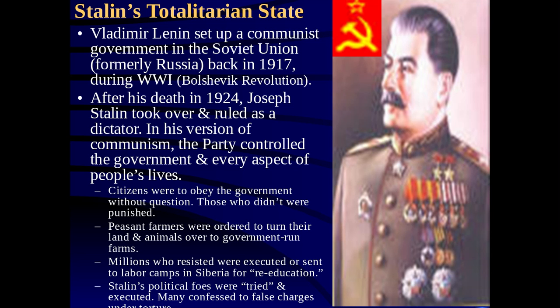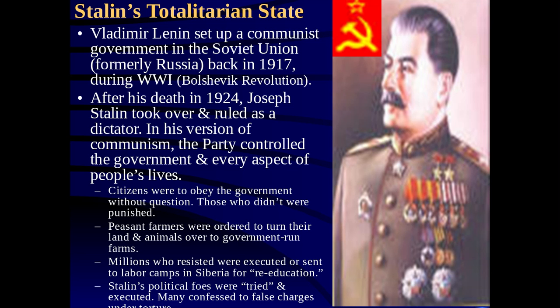Well, he dies in 1924, and it's a kind of a power vacuum because originally it was a triumvirate. It was Vladimir Lenin, Leon Trotsky, and this guy right here, Joseph Stalin. So Stalin is eventually going to be able to consolidate power. It takes him a few years, and he is going to be much more of an authoritarian than Lenin ever was. Lenin was a true believer in communist ideology. Stalin used communism to grab power and really be the first absolute dictator that is going to kind of control